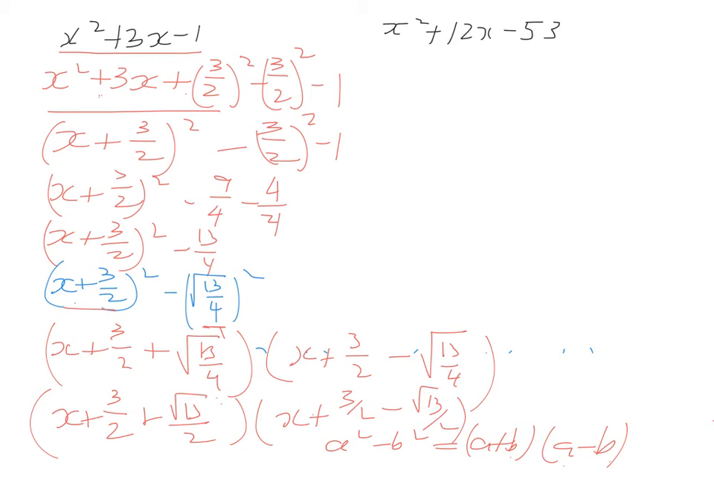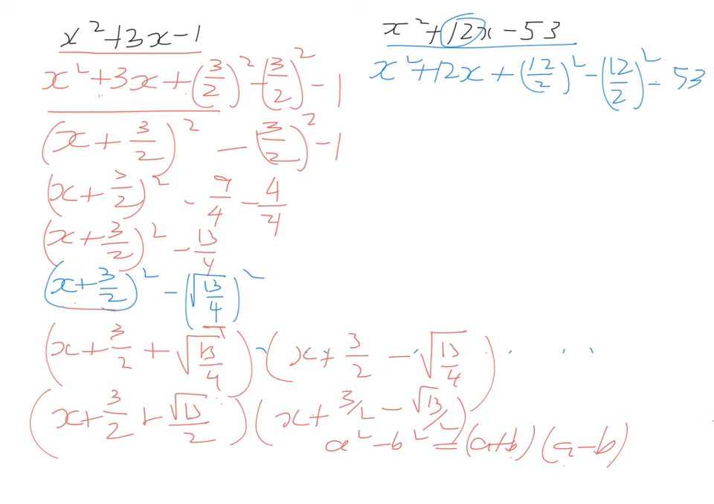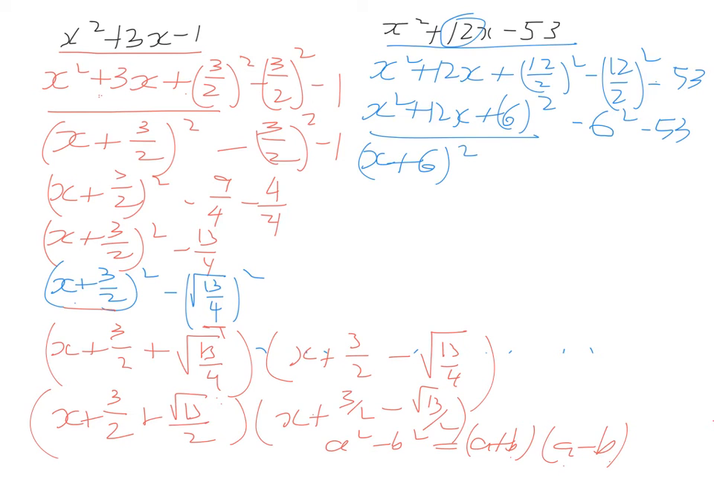So we've got this thing here. What we're going to do is halve this and square it, and that's what we're working with. So x squared plus 12x plus (12 over 2) all squared minus (12 over 2) all squared minus 53. So from there we'll have x squared plus 12x plus 6 squared, because we can simplify that, minus 6 squared minus 53. We factorise this: x plus 6 all squared minus